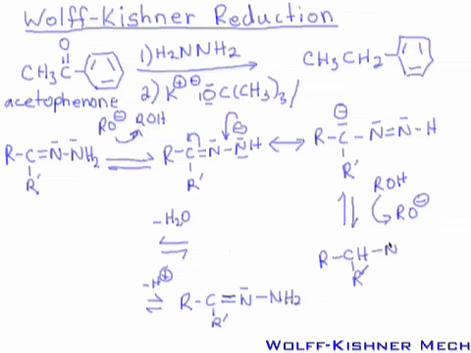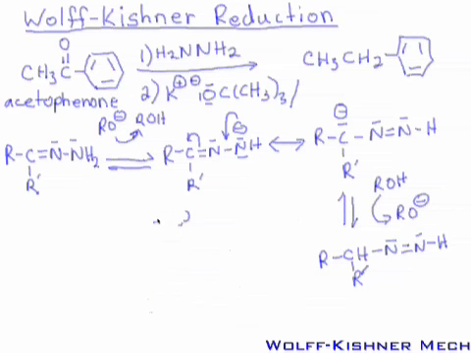And then I've got my N double bond NH. Well, the whole process can happen one more time. That is, base can come in and deprotonate the nitrogen on the end. So if I have base come in and deprotonate the nitrogen,